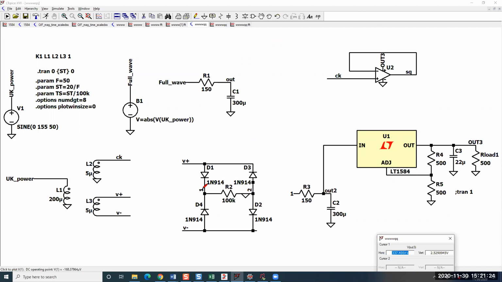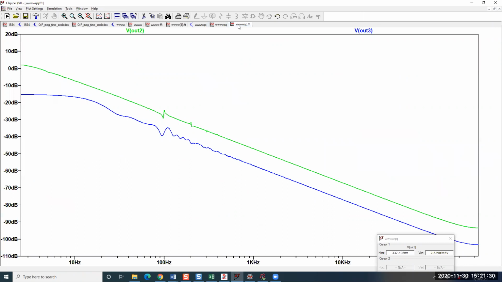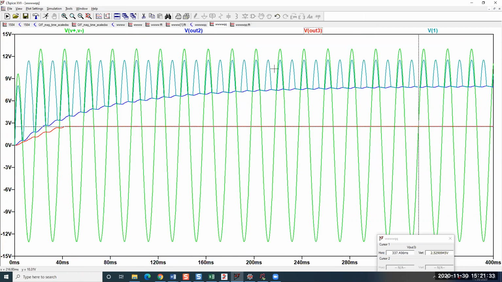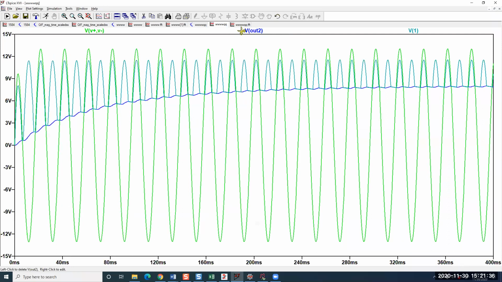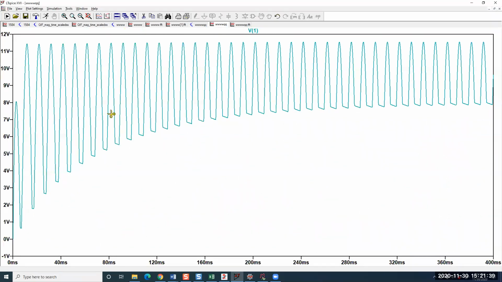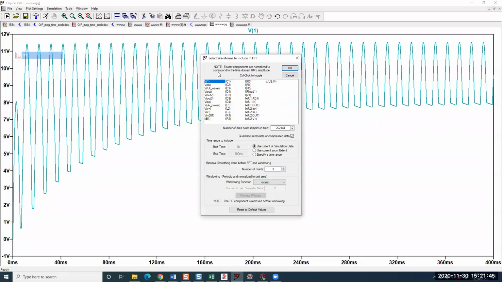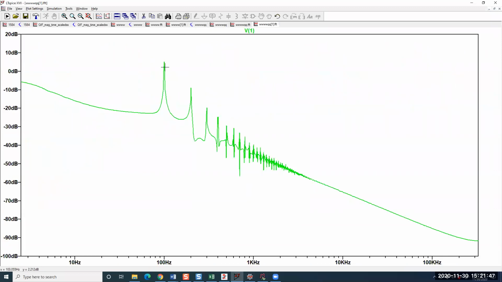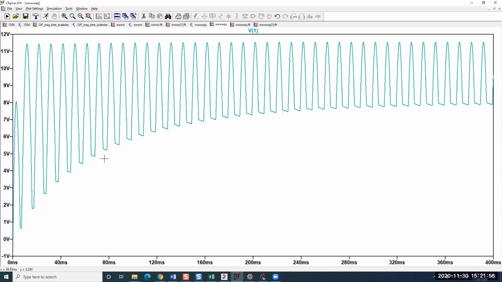And you might think I'd be able to use node 1 here, right? Because the 100 hertz is still there, right? And if we look at it, okay, we can see that the 100 hertz, the higher harmonics is there. We could still grab it, but it's got this DC offset that you can see that would make it harder to capture. Now, sure, we could try to subtract something, but